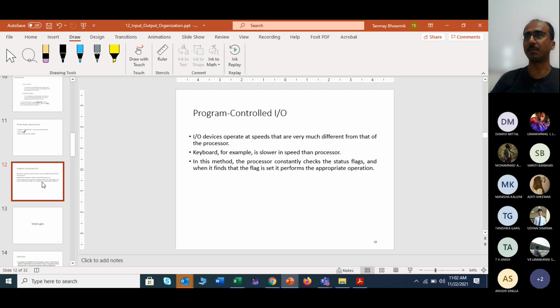Another example you can think about: you have mentioned floating point operation, and you are using the v0 system call code, say 2 for floating point input.